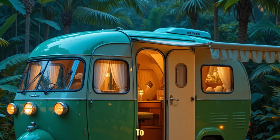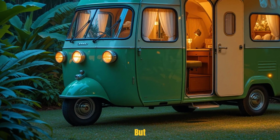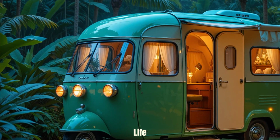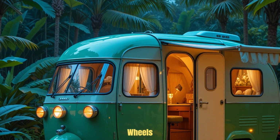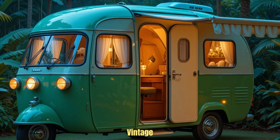Just imagine pulling up to a campground and all eyes turning. Not because you have a flashy car, but because your camper is a piece of nostalgia come to life. A story on wheels. A rolling expression of freedom. Every detail of a vintage trike camper tells a